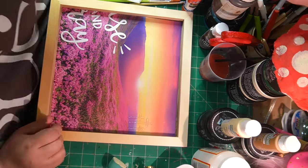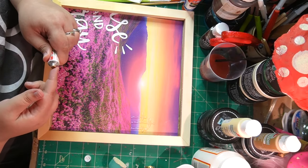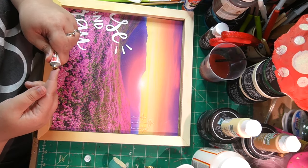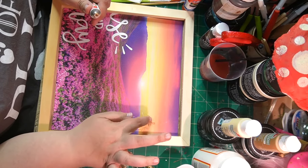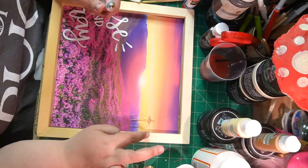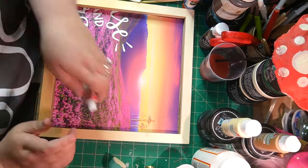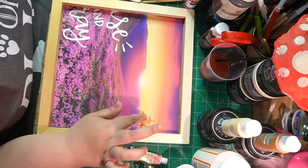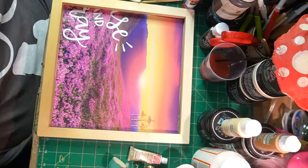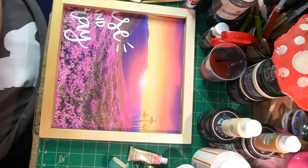I do first try to go in with my antique gold rub and buff. It wasn't exactly filling in because it was a little bit rubbery. It wasn't really filling in the way I wanted it to, so I kind of stopped quite quickly in this, and I was just like, yeah, no, it's not as bold as I wanted it. So I'm gonna